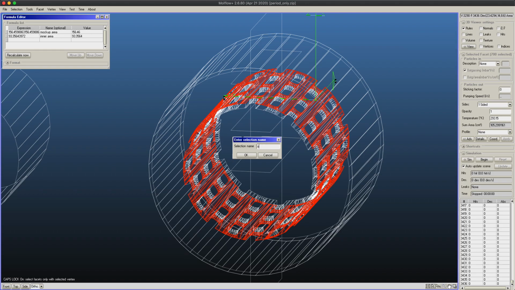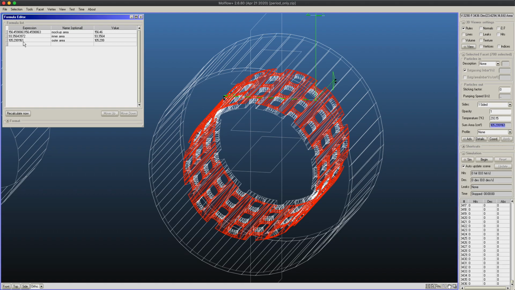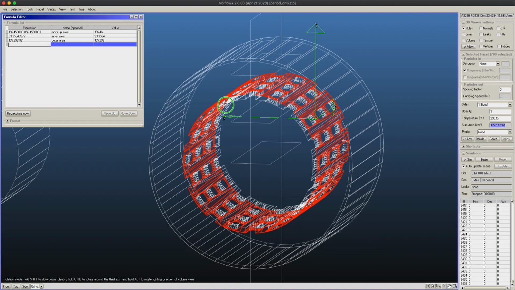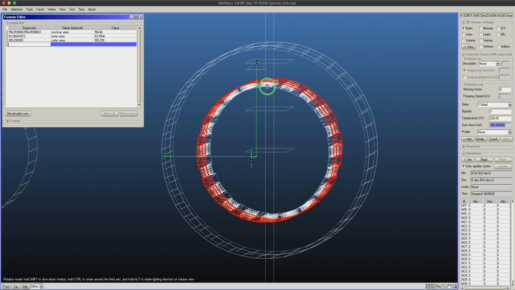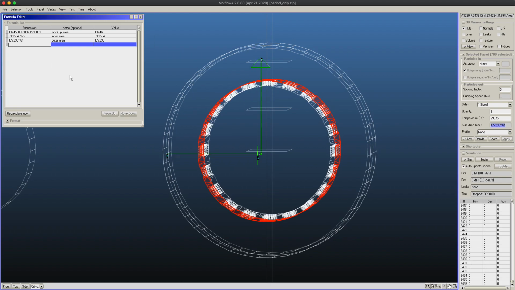Caps lock is still on outer side. Okay, the goal obviously was to copy the outer area. And now we will see what's the average area. So you've got the outer area, the inner area, and our mockup is in between the two. So you are interested in how much the average of this is, 93.356.439 and